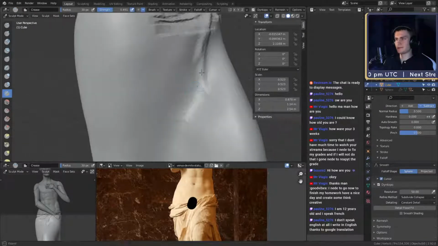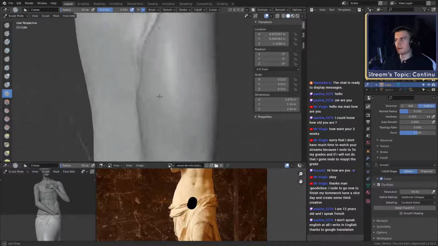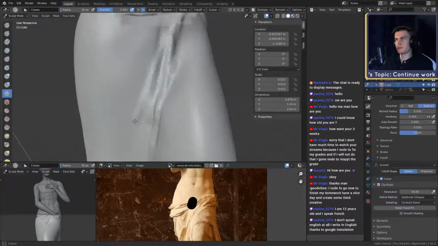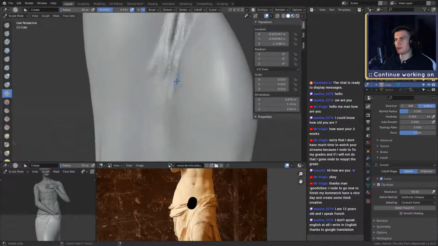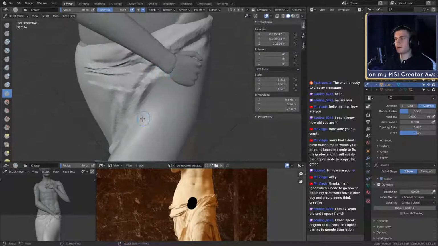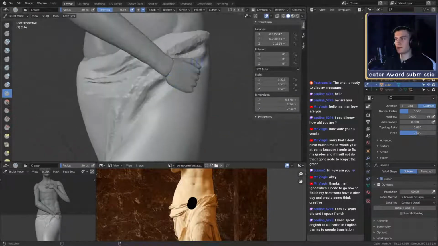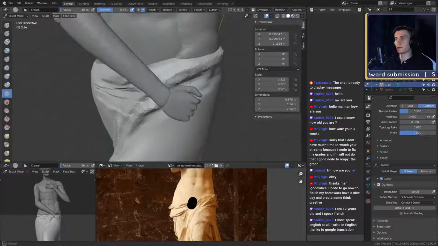So let me bring in a little bit of flow into this. Basically it's similar to hair. Now we're going to go into some more details. The first part is going to be dictating the general flow of the cloth.